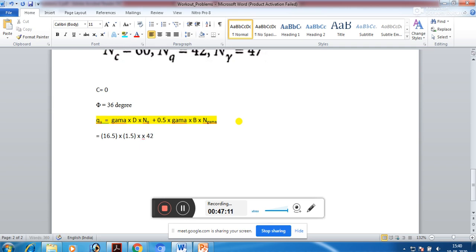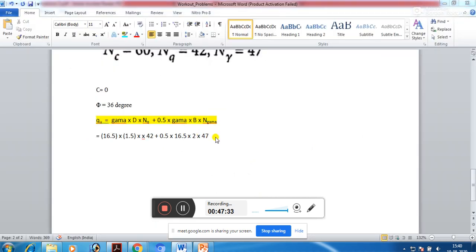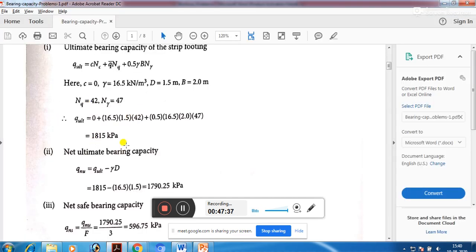So multiplied by 42 plus 0.5 into gamma, which is 16.5, multiplied by B. B is given as 2 meter, into N gamma is equal to 47. So see, are you getting this? 16.5, 1.5, 42, 0.5, 16.5, 2, 47. Okay. So you see, if you calculate this value, you are going to get this value